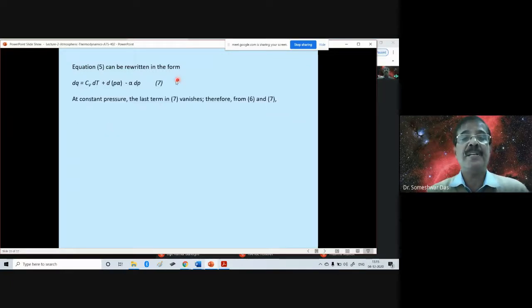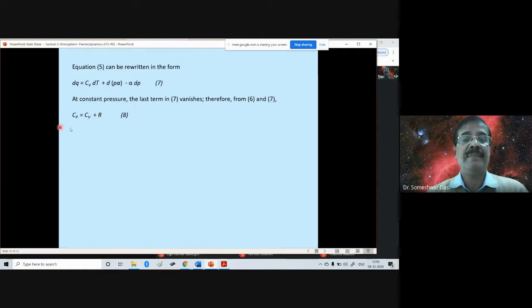Then at constant pressure, the last term, alpha dp, will vanish because if the pressure is constant, then dp, the change in pressure, is equal to 0. So the last term of this equation will vanish at constant pressure. And therefore, from the previous equation 6 and this equation, we can write Cp is equal to Cv plus